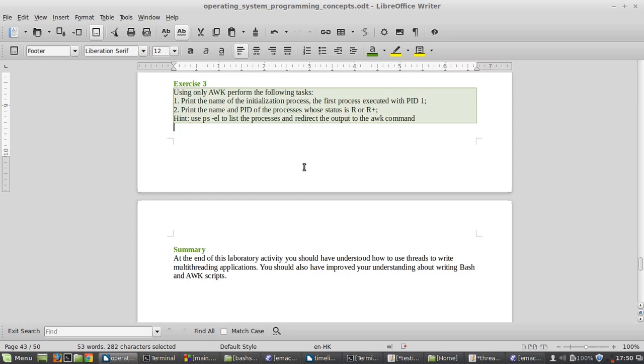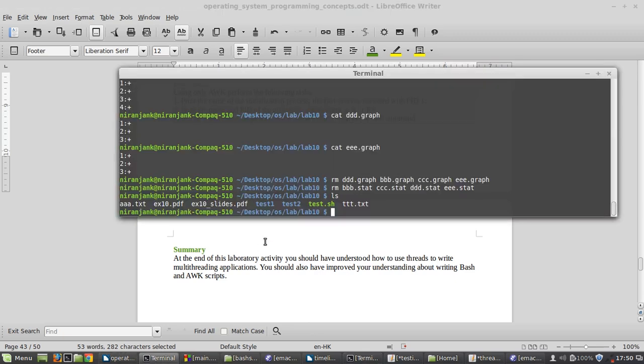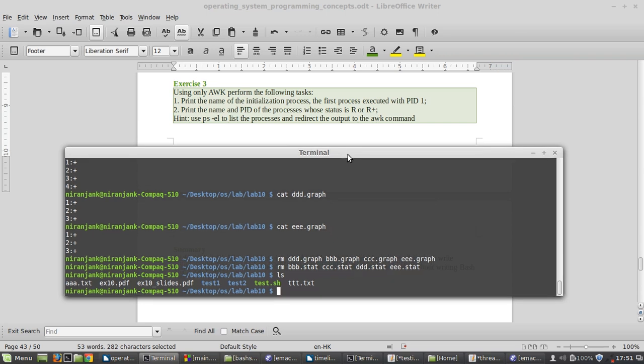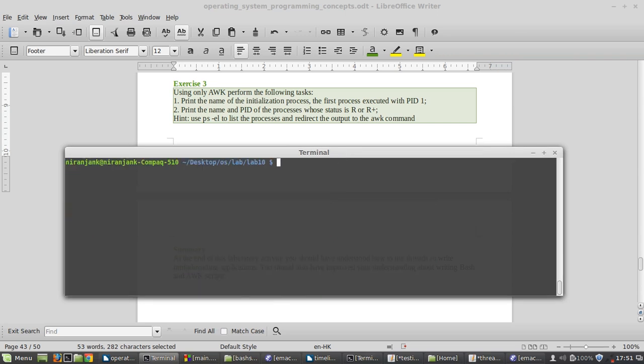Okay, so that's it for this bash script. So, guys, follow me through and just write this program by yourself. You will understand by practice. Alright, so now we have exercise number 3, and what we have to do is we have to write